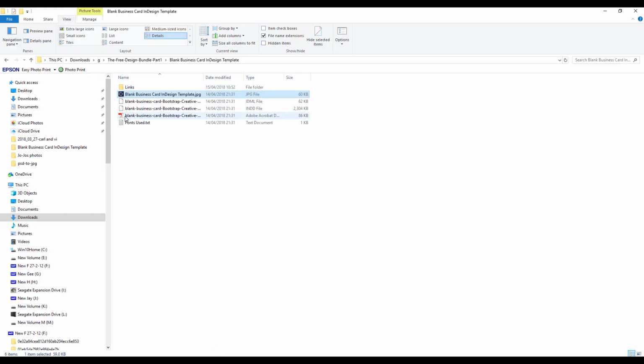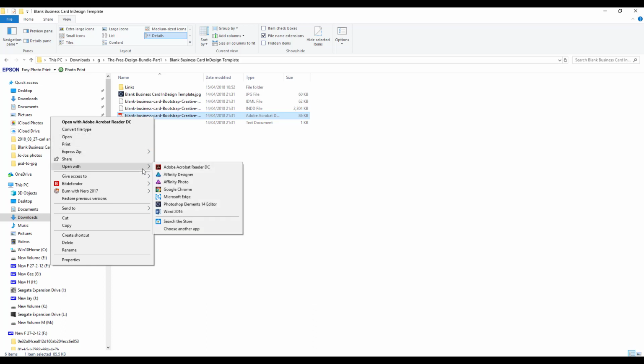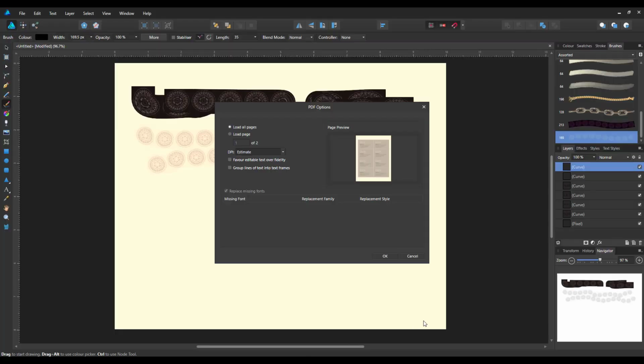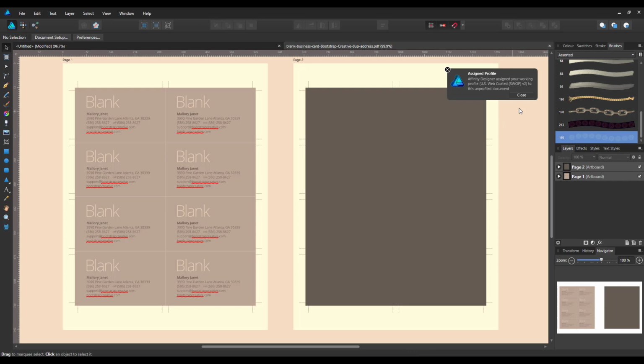Now in here you do have a PDF file. So if I just double clicked on this now, it would be opened by Adobe's PDF reader. But if I open this in, let's try Designer, you will get this PDF options with a demonstration of what it's going to look like. Just click OK, and so there you have the front and the back of the business cards,